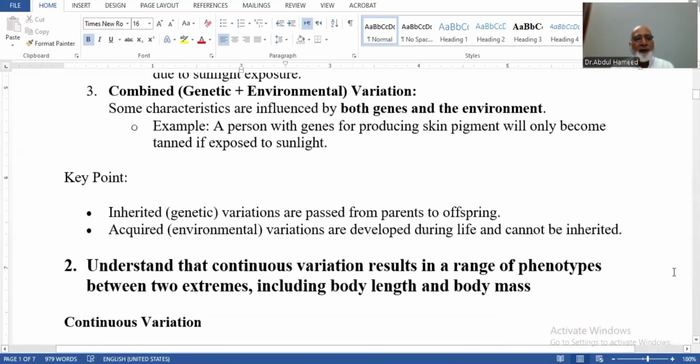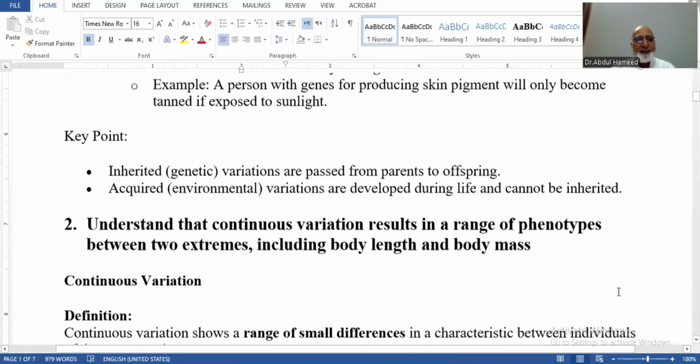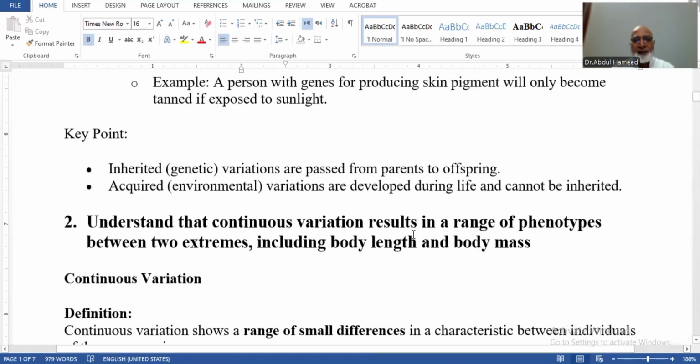What are the key points? Inherited, meaning genetic variations are passed from parents to offspring, but acquired environmental variations are developed during lifespan and cannot be inherited. So the second subtopic in our subunit variation is to understand that continuous variation results